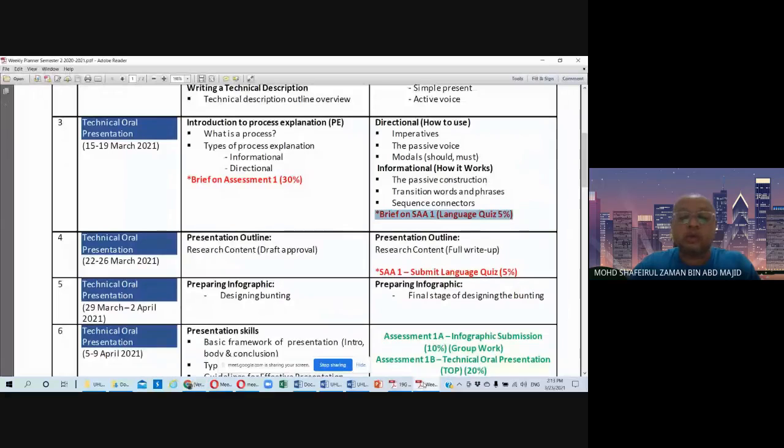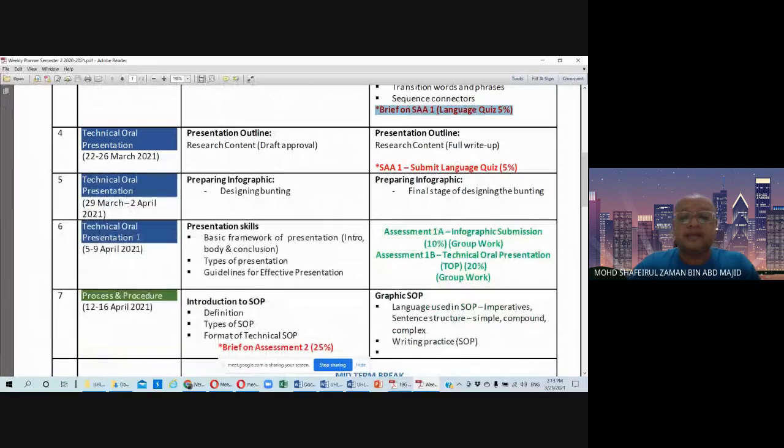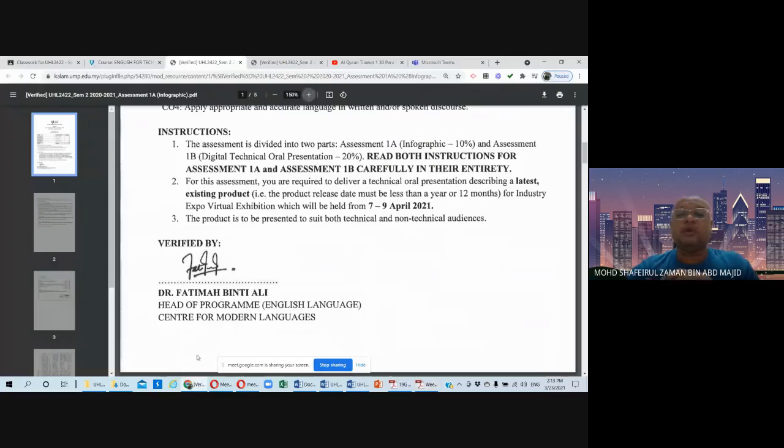If you go back to the weekly planner and have a look at week 6, the second meeting, from Wednesday until Thursday, is going to be the allocated time for the assessment. So we are going to assume that the virtual exhibition will be held on the 7th until 9th of April 2021.